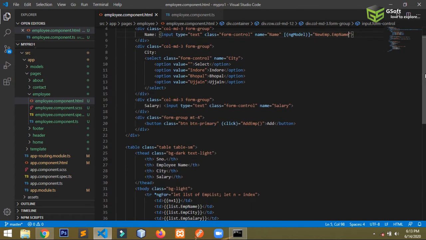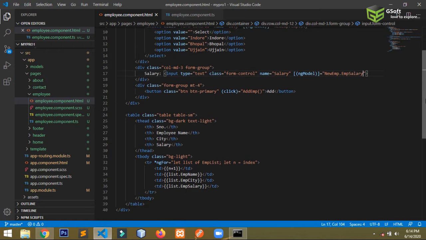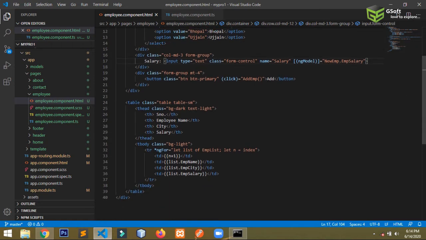Okay, in the same way I have to use ngModel on every input. So here also I will write employeeCity, then in the same way I will write here empSalary. Okay guys, so I have bound the object here. Now what I want is, when I click on the add button, this should work.